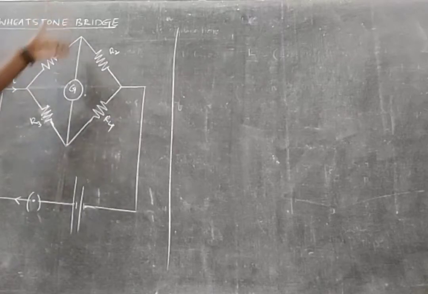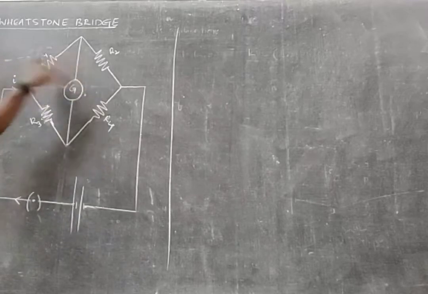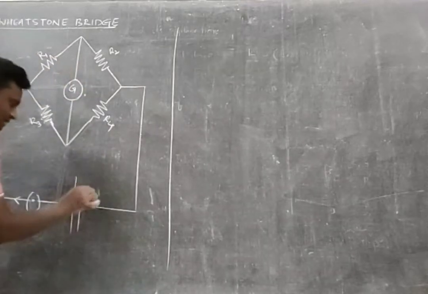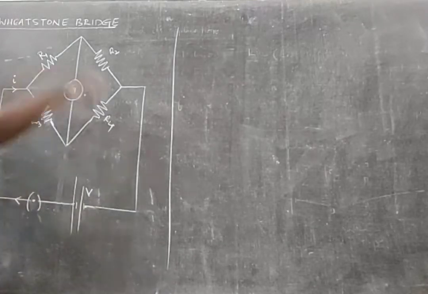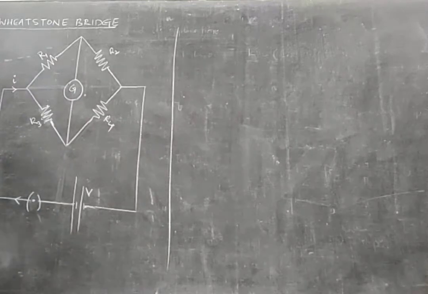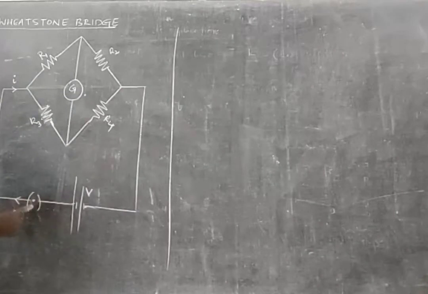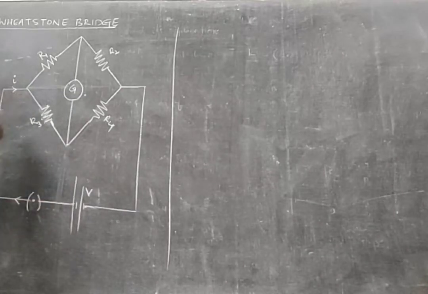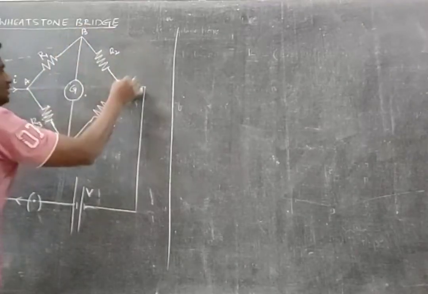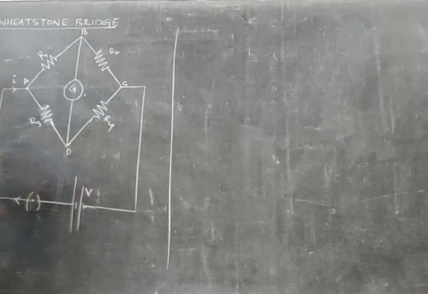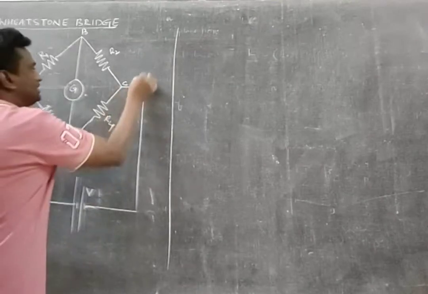Connected as a bridge, a galvanometer acts as a bridge between these two loops, right? And a potential difference of V is connected across the bridge, right? So such an arrangement is called a Wheatstone bridge. Now when the plug key is on, current I reaches this junction. Let it be A, B, C, D. So the entry current is I, so the exit current should be I.